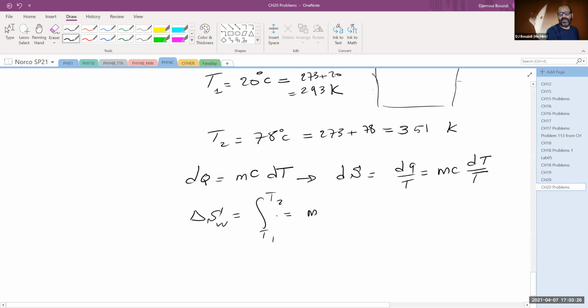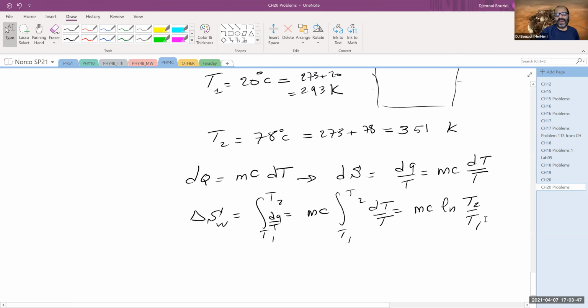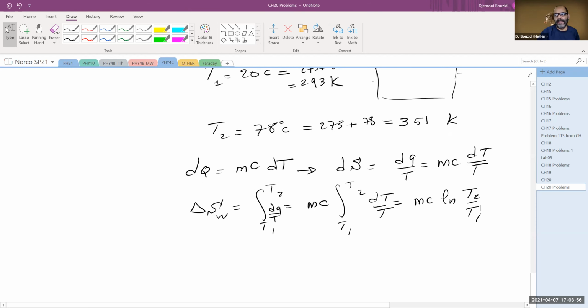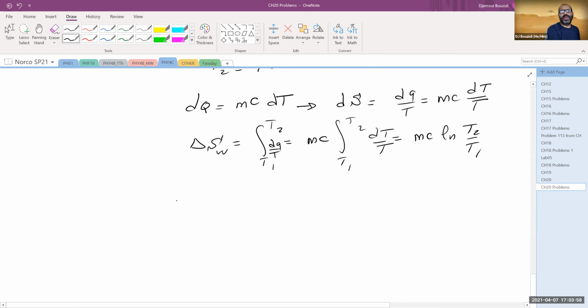So it's going to be MC times the integral from T1 to T2 of dT over T. And that is the natural log. Okay. It's MC ln of T2 over T1. And that's why we needed to convert this one. If I'm going to do this ratio, I have to be careful in here. It has to be in Kelvin. It cannot be in degrees Celsius or any other unit. Okay. So the change in entropy in here